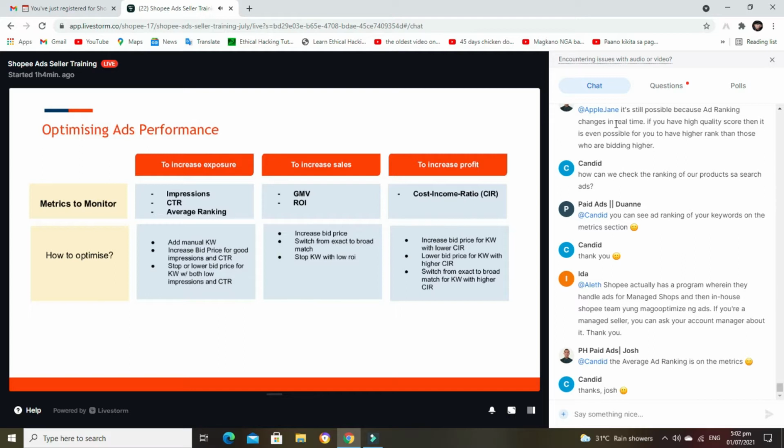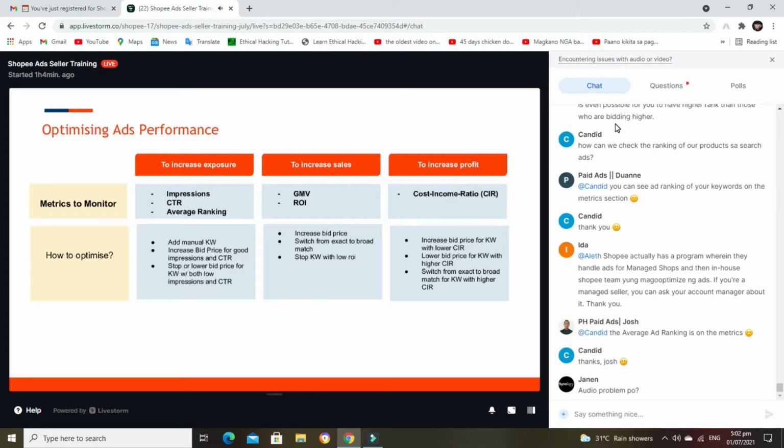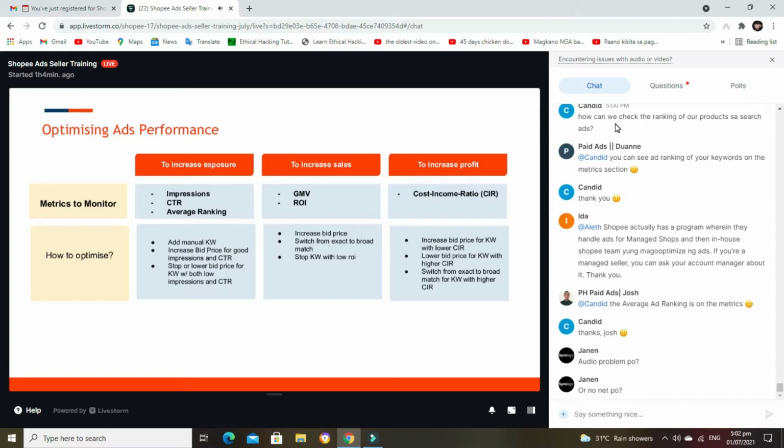The optimization steps you can do to increase sales for your products would be to increase the bid price, or cost per click bid price, for your keywords. You can also increase sales by switching from exact to broad match so that more people see our ad. And then stop keywords with low ROI. And then, if you want to increase exposure,